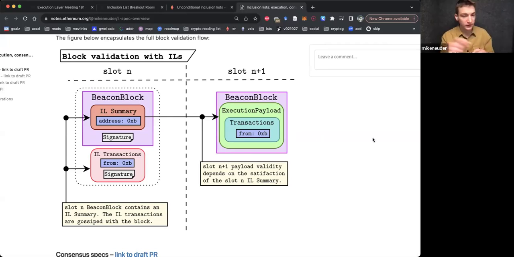So that's the general flow. There are a lot of different iterations and configurations for how these objects get gossiped, but in general that's the idea. Tim pointed out that if you're building your own block for slot N, then it doesn't make sense to put transactions in the IL because you could just put those transactions in the block itself. The whole point of ILs is to have some agency over your block conditioned on you outsourcing the block production to the builder. This transitions us nicely